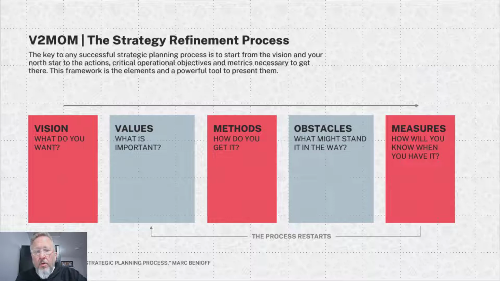So you're going to go through and look at, it's broken out for you. What's the vision, right? What do you want? What values do you have? What is important to you as values? What methods, which means how do you get the vision met with keeping your values? What obstacles are in your way? What is something you're going to have to look at? A lot of times it's going to be employees, right? The 3 things for business are product, people, and process. So obstacles could be, I have no process, or I have no people, and all I have is my product idea that I want to put together.